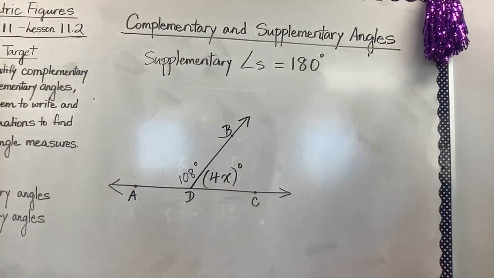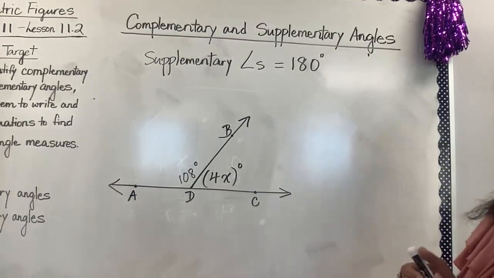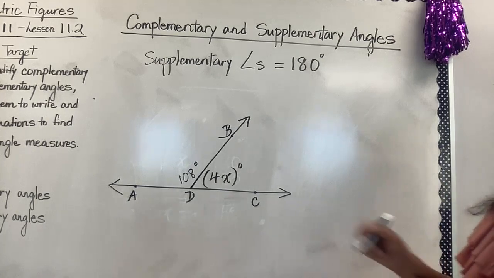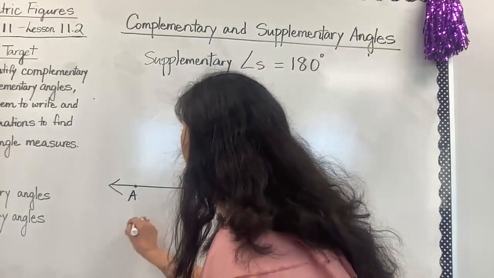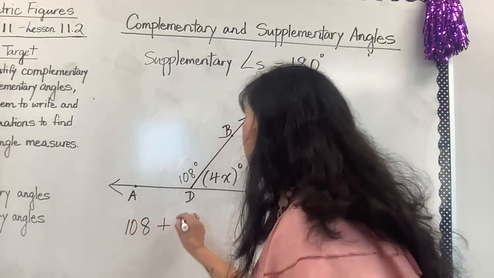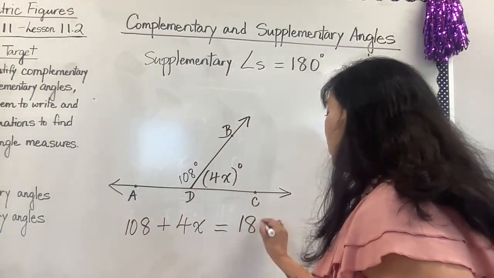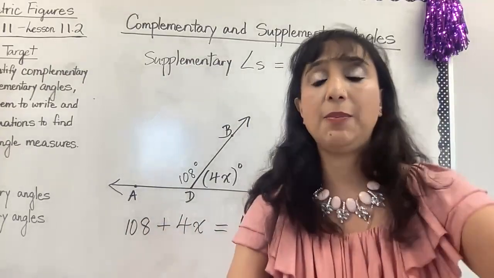And so what we're going to do is take what values are in there in order to solve for the missing value of x. So we can write an equation, and we have 108 plus 4x should equal 180 degrees because these are supplementary